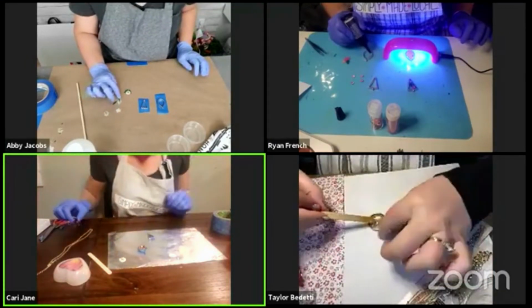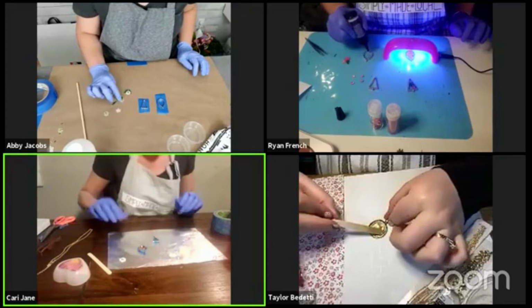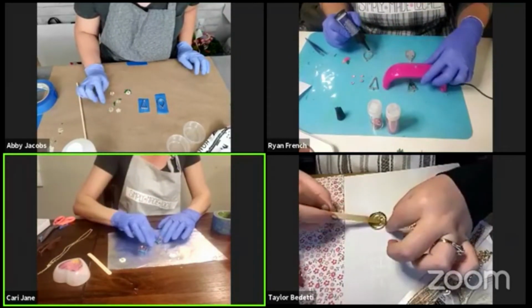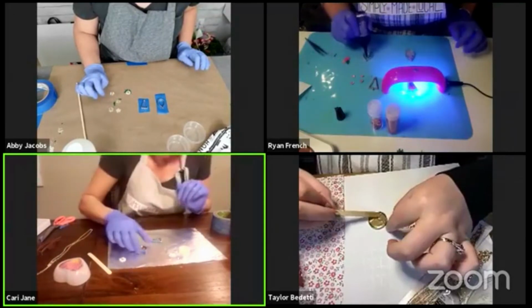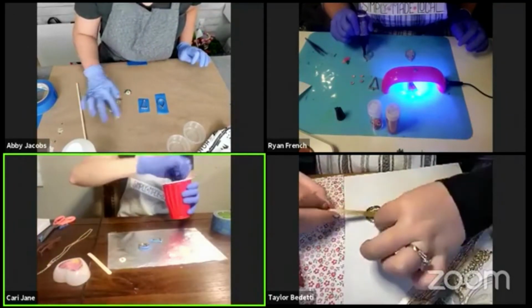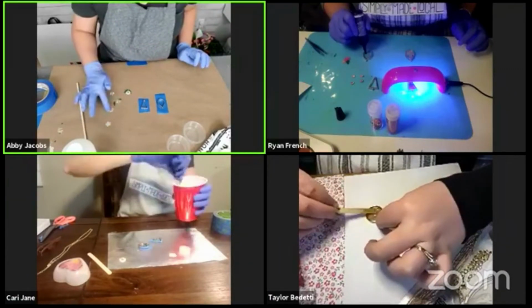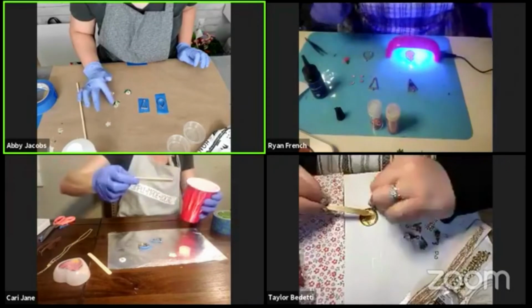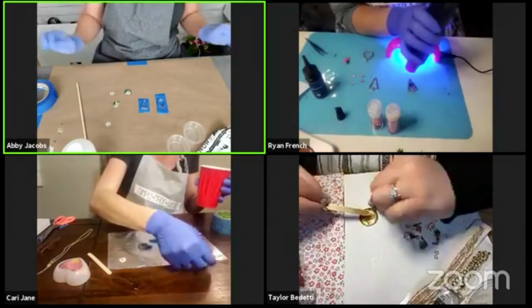I think, okay, I've got my little jewels and stuff in here. All right, here goes nothing. She's going in, ladies and gentlemen. Okay, I think I'm just gonna do these sunburst ones. It almost looks like baby's breath. And then I'll do